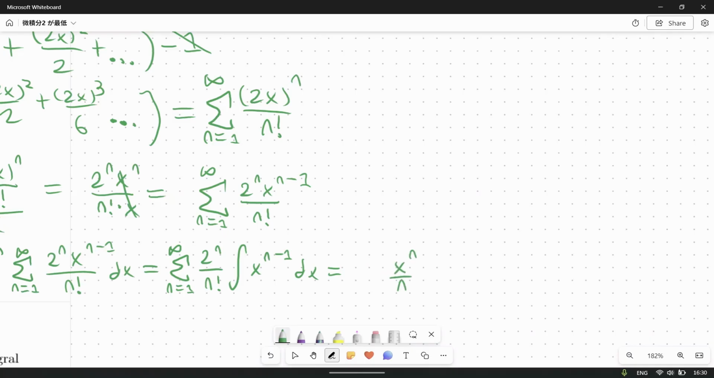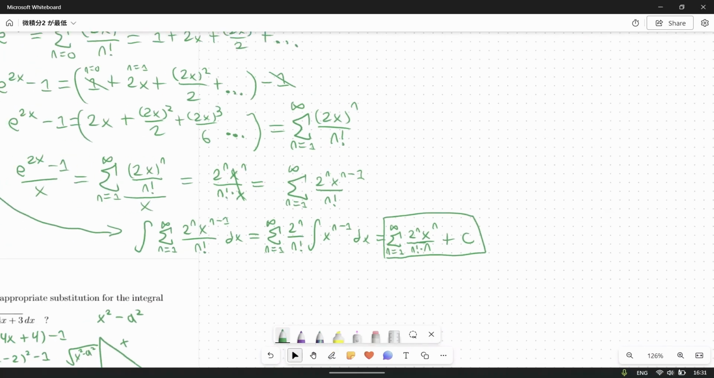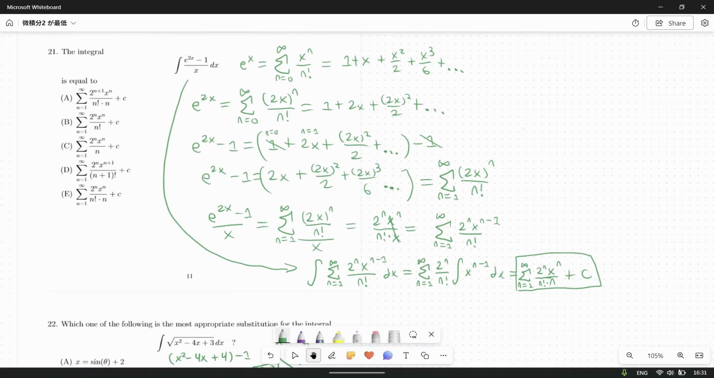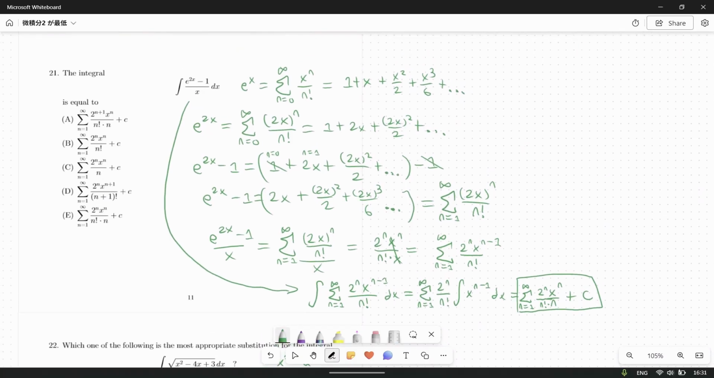over n. And then all we have to do from here is just attach this series back to it, and we have our answer. And so then this is ultimately going to turn into 2n over n times n factorial, and then our summation. And then the last thing we have to do is just add a constant, since we're just doing an indefinite integral. And then this is going to be the final answer to this question. So yeah. And so then we just have to match it up with our answer choices,